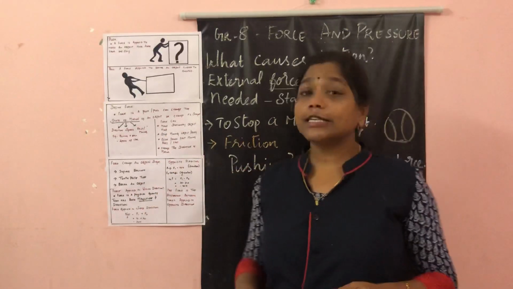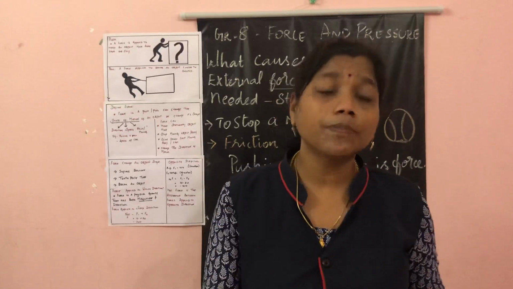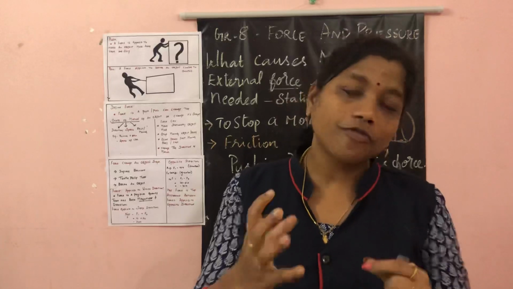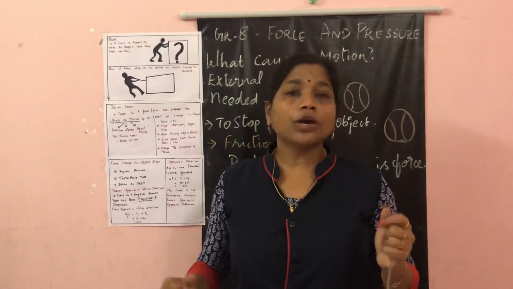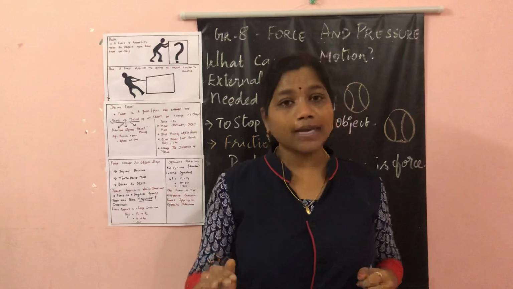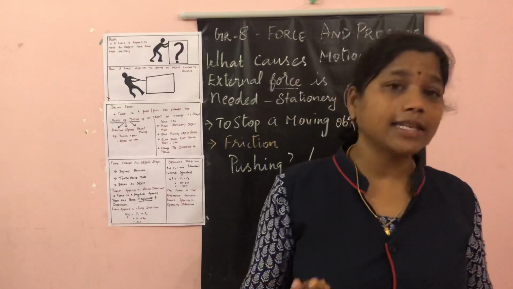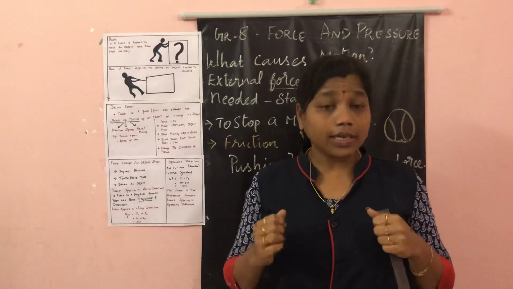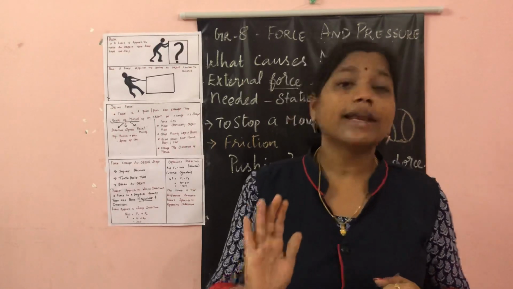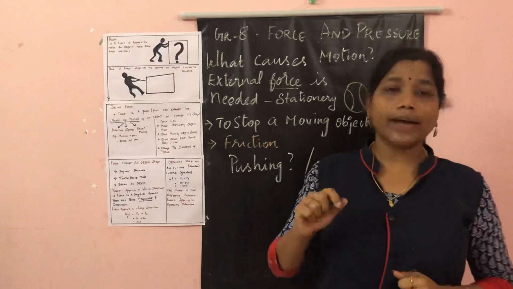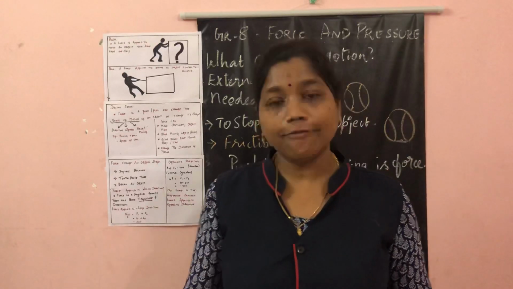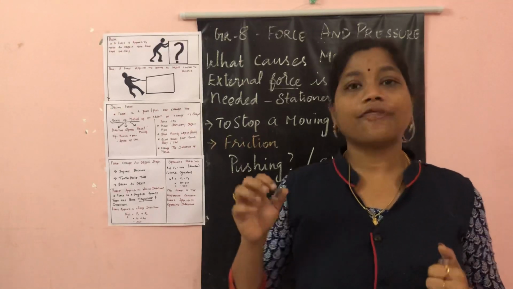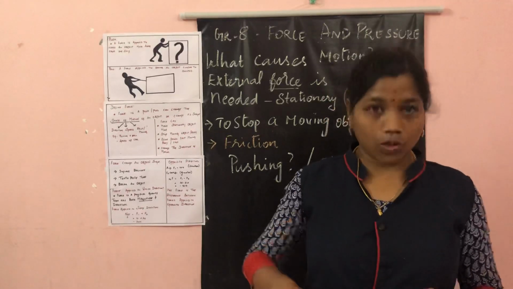And we can even reduce the speed of an object, or make the object move faster also. For example, you are driving a car and you need to go faster. What will you do? You will accelerate. So now you are driving a car in slow motion. You can drive it faster also by accelerating. Here you are applying a force. When you are driving faster and you want to slow down, again the fast moving car can be slowed down also.